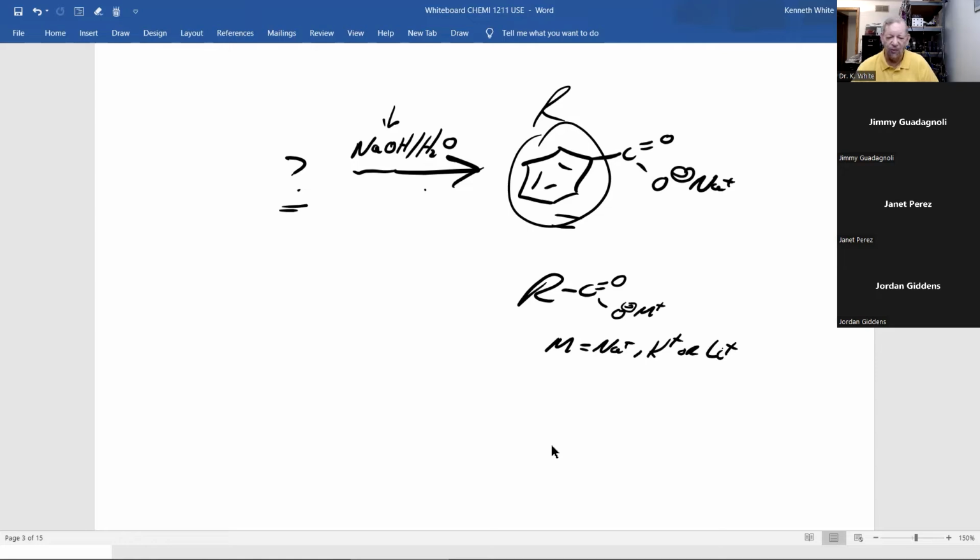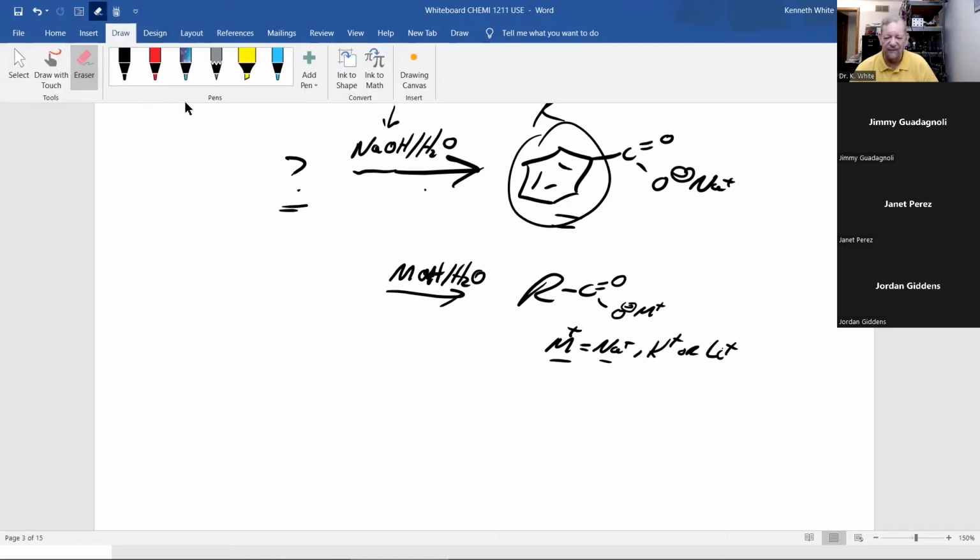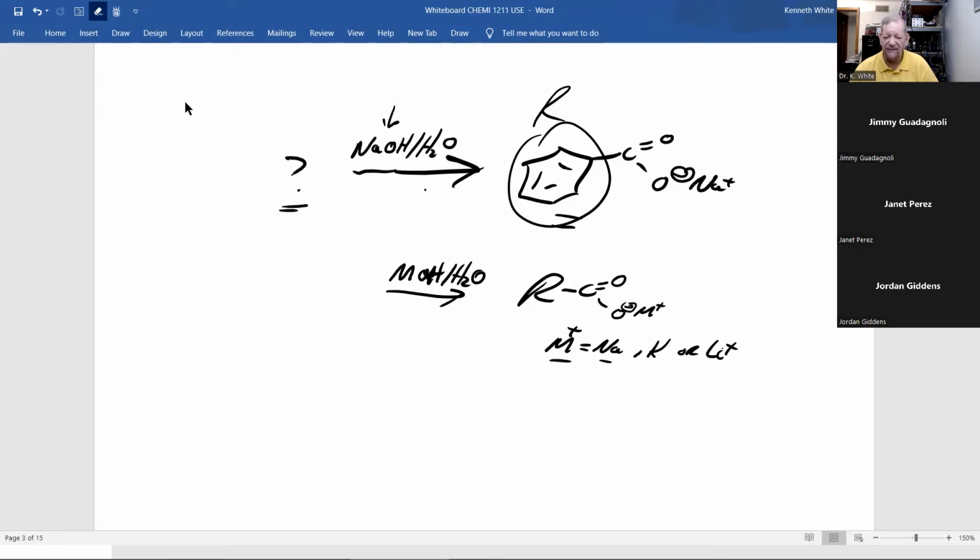And what do you react? Well, a base and water. You can use other solvents. And M in our case is Na. So actually, I should do it this way to be correct. There, because over here, well, I could have left it that way. But anyways,